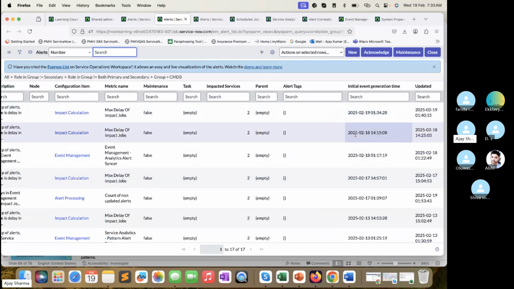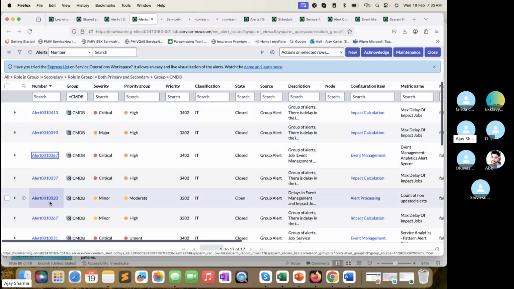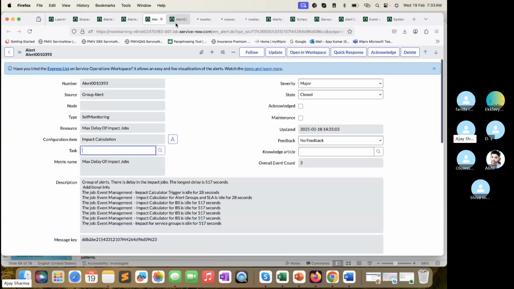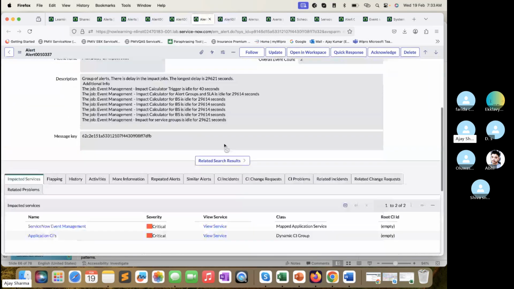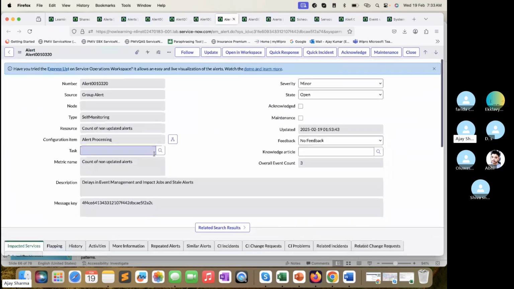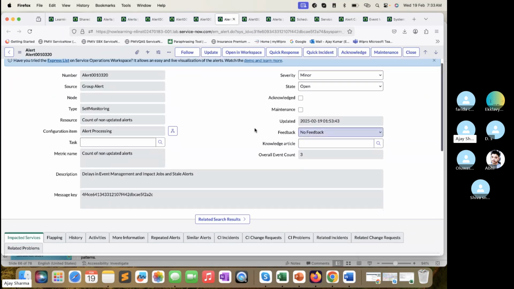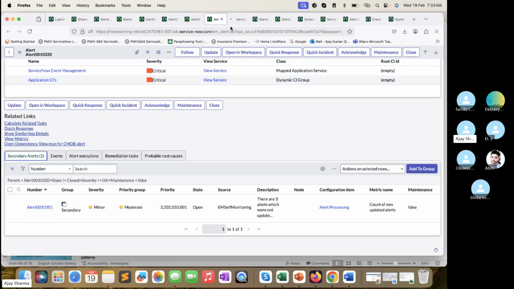This is the initial event, okay. No, because all of those are closed automatically, and if it is closed, yeah, here I think, yes, this one is open, right? So if you see, this is a group alert created for, I think it's a CMDB one, if I'm not wrong. Yeah, CMDB one grouping, and you can see this is a secondary alert which is there. If I open this one